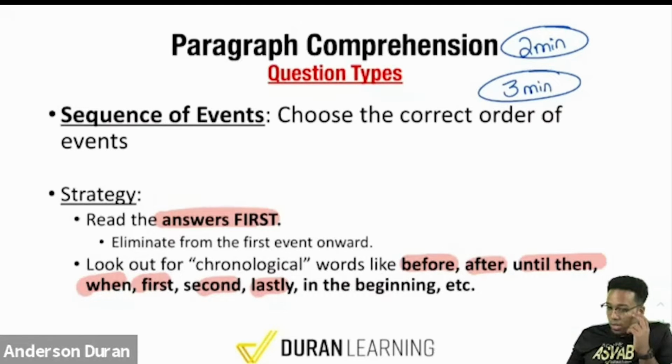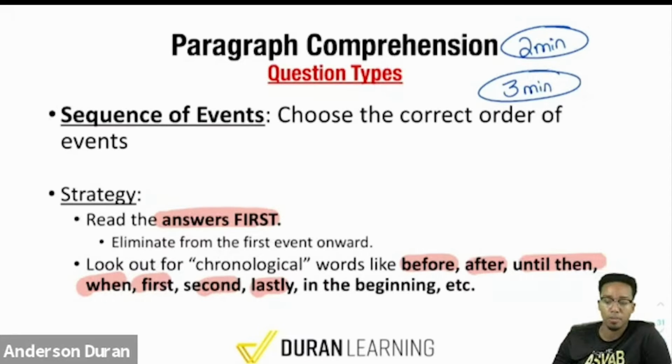So Cash asks, how many questions will there be in the test again? For paragraph comprehension, I believe there's 10 on the PyCat. In the full ASVAB, I believe it's still 10, or did they change it to 15 recently? 15. Yeah, they changed it to 15 recently. Yeah, it's a lot. So 10 on the PyCat, 15 on the actual ASVAB.